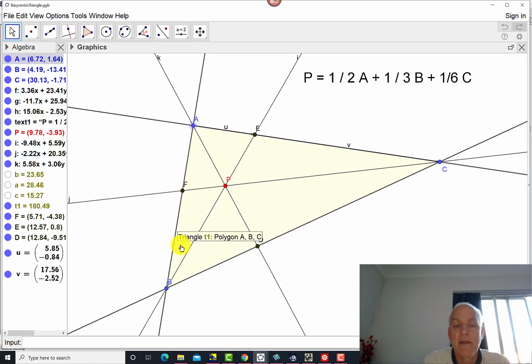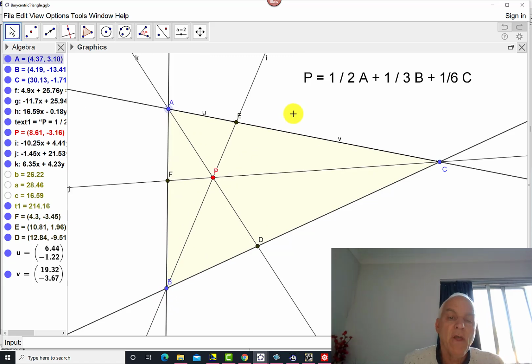And over on this side, the ratio is given in terms of these numbers. So a weight, a mass of 3 here, a mass of 2 here. So this is in the ratio of 2 to 3. One of the things we're interested in here is to clarify the distinction between points and vectors. A is a point, E is a point, but this U object, which is this displacement from A to E, is not a point. It's a vector. It's a different kind of object, even though it's very closely related to points.